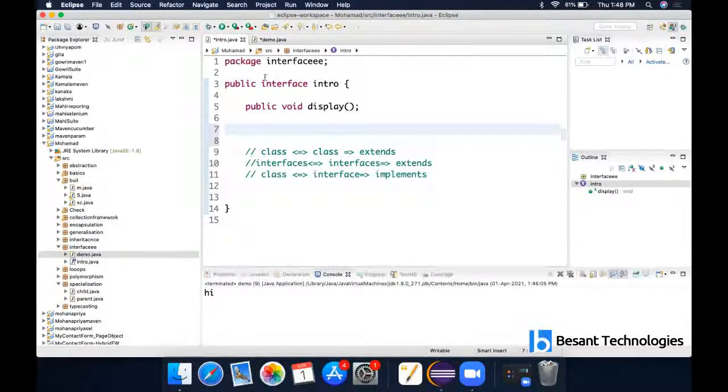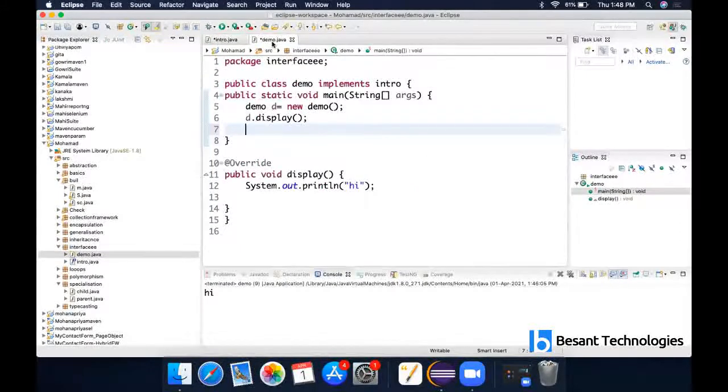Okay, let me complete this one. We created an interface. We have a class here. And we have created a connection between the interface and the class. After creating the connection, it asked me to implement the methods present in the intro interface.